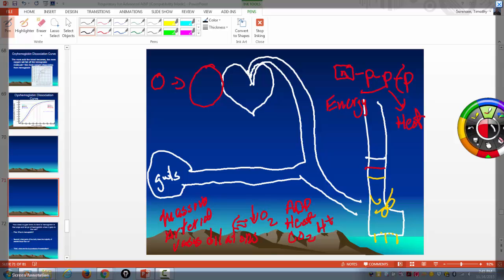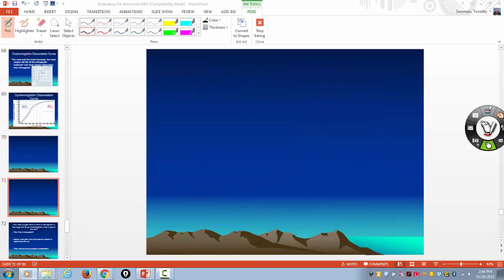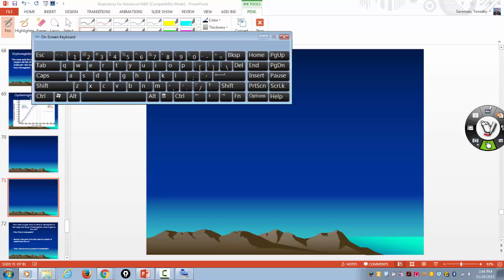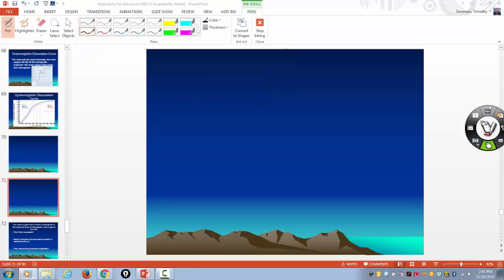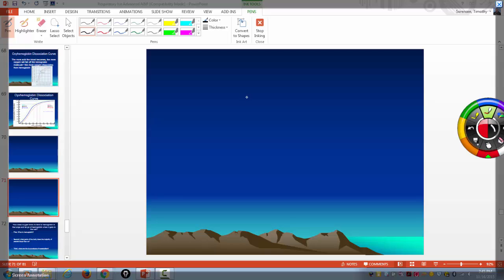So if the arteries in your legs dilate, yeah, gotta redraw this. Make this red now. If the arteries that supply your legs dilate because they're more metabolically active,